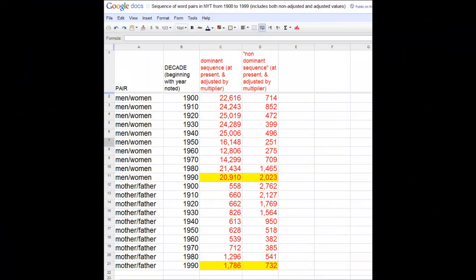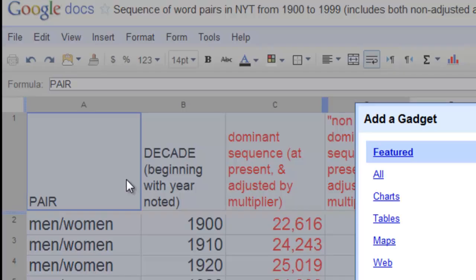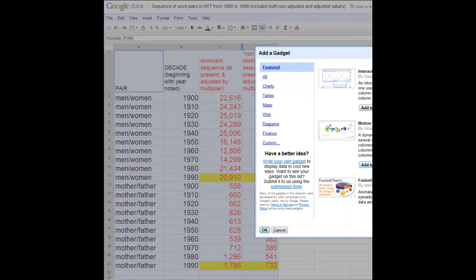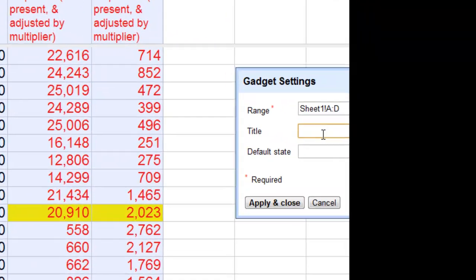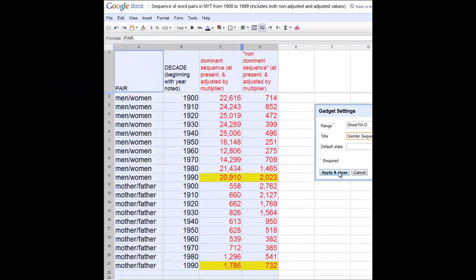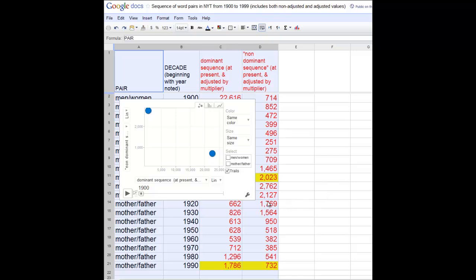Rendering the data as a Google motion chart is pretty easy. You simply highlight the columns that you want to include in the visualization, and then you go up to Insert, and then you select Gadget, and then you select Motion Chart, which will be one of the options that will appear. Add to Spreadsheet, we select that. We can give it a title if we want, and then we press Apply and Close, and the chart is generated. We can make it a bit larger if we want,